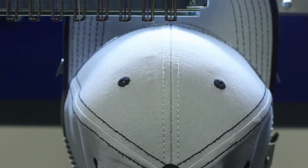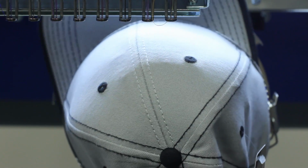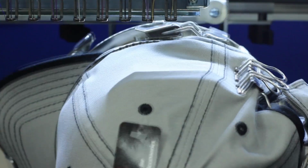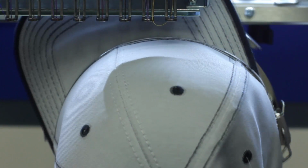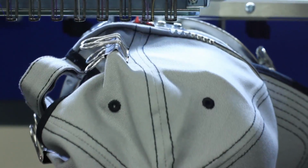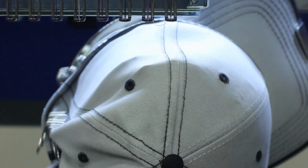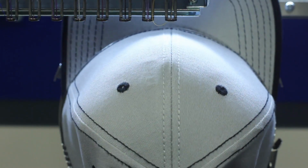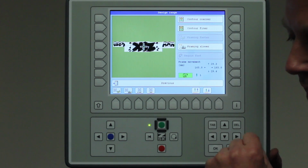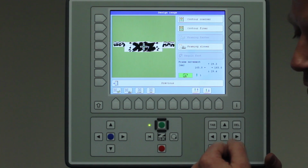At that moment it's no need, so I speed it up. Here we have framing faster 1 time, and if you press a 3rd time, then it's much faster. The fastest actually. So we have to wait until it goes back to the center point. Here we are. Now, since I have seen everything seems to be alright, and I will not hit for sure the frame,